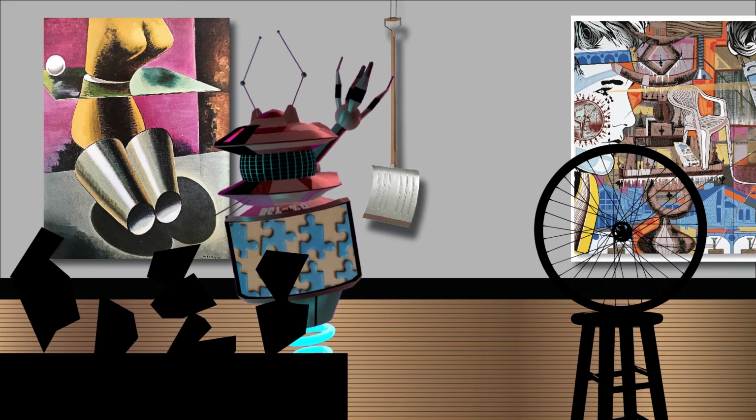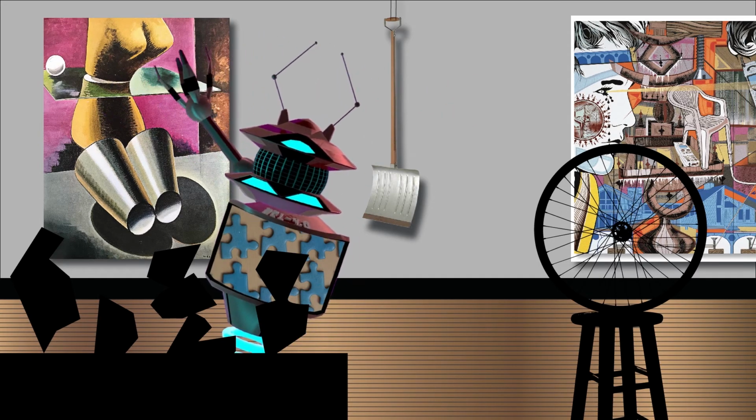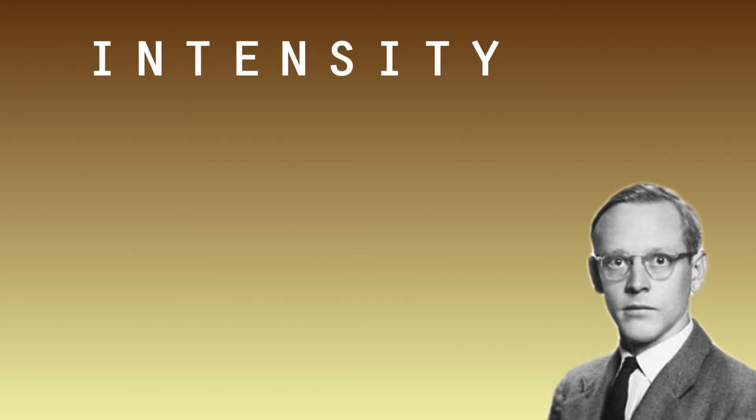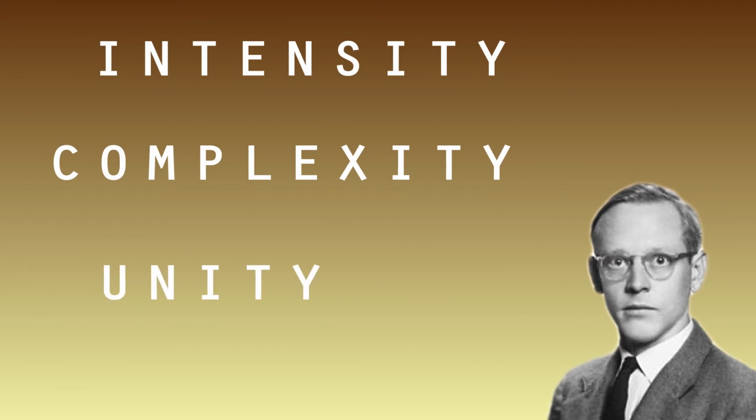This way of thinking about art stems from a theory developed in 1958 by the art philosopher Monroe Beardsley. Beardsley created an elegant and practical aesthetic framework for discussing artwork by analyzing the work through the lenses of three broad categories. These were intensity, complexity, and unity. Beardsley's framework is still used today when analyzing art, but it has since been expanded upon, especially since contemporary work is more pluralistic and rhizomatic than when the philosophy was first developed.